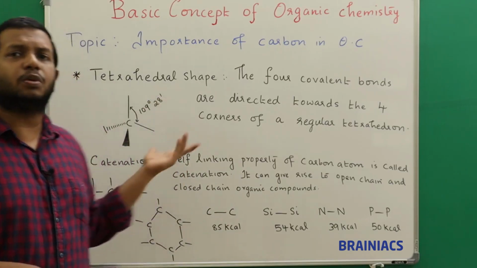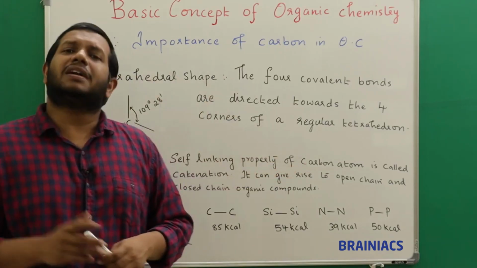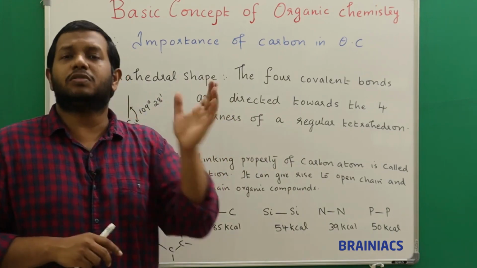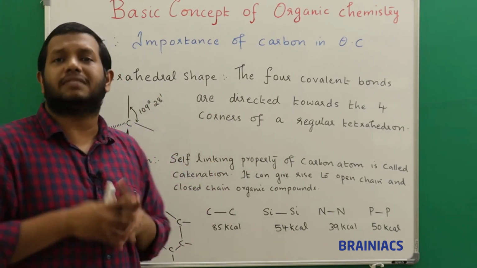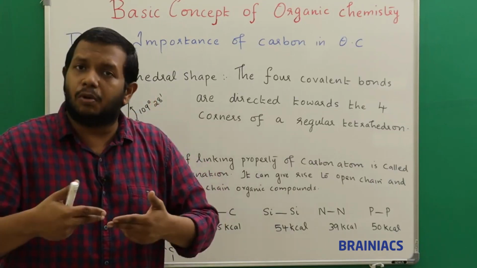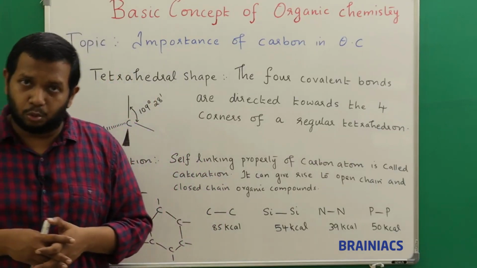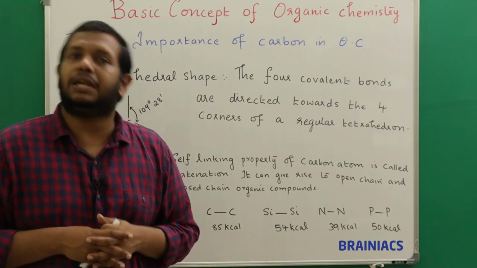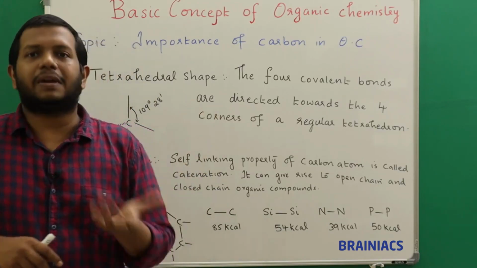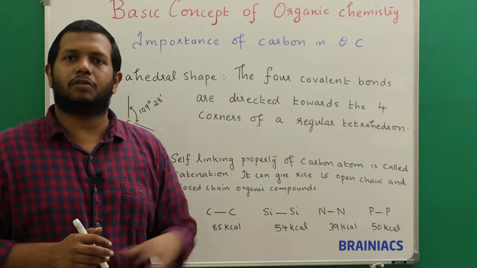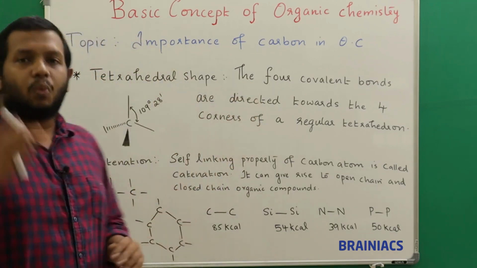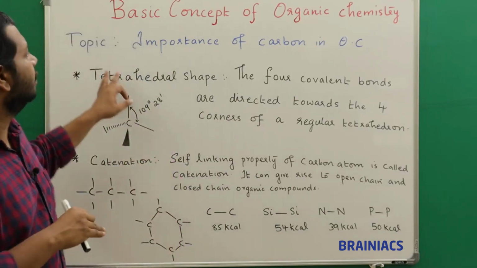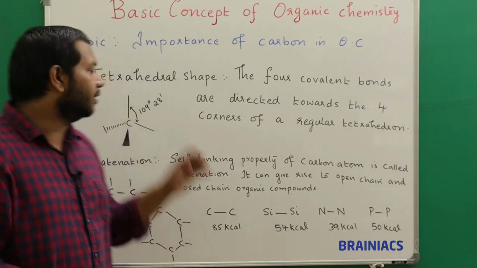And sometimes some textbooks will also say hybridization, but I will say hybridization comes under the tendency to form different bonds. When you say single bond, the hybridization is sp3. Whenever it forms a double bond, the hybridization is sp2, and whenever it forms a triple bond, the hybridization is sp. Understood? So it is a subcategory of the tendency to form multiple bonds. So generally 4 reasons are there. One is tetravalency, next is the tendency to form multiple bonds, third is the tetrahedral shape, and the last one is catenation.